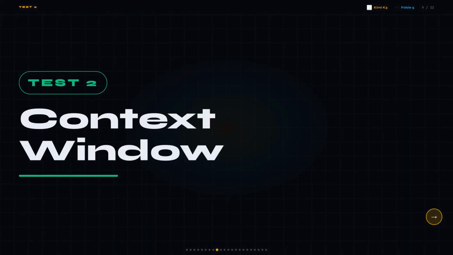All right, test 2 is context window. And if you've ever had a model just forget what you told it 50,000 tokens ago, you know how painful that is. Because in your mid-codebase review, the model loses the thread, and now you're chunking things manually and stitching